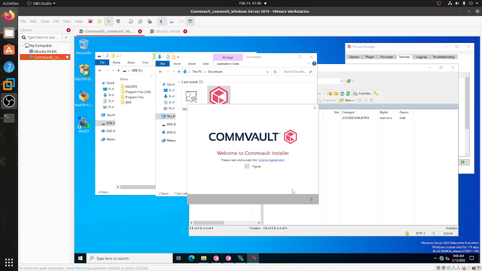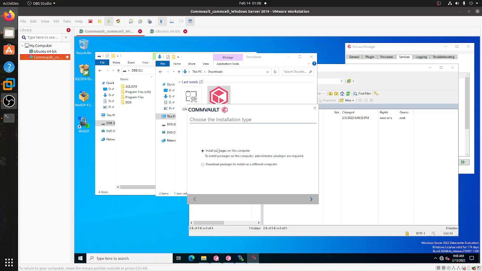There's a little arrow that prompts me to another page, and it says these two things. Choose the installation type. The first one is install packages in this computer, which I don't want to do because I already have it. The second one, which I want to do, is download packages to install on a different computer. So I'm going to select download packages to install on a different computer and select the bottom right hand side,